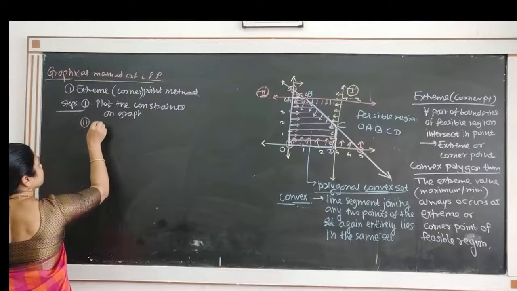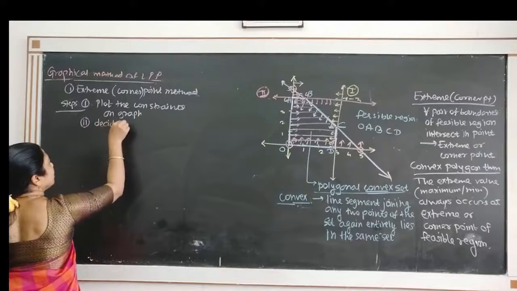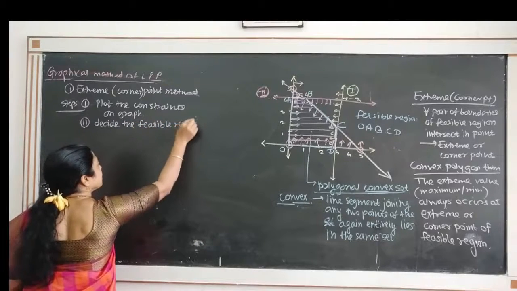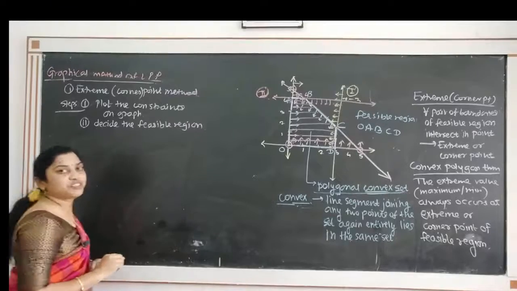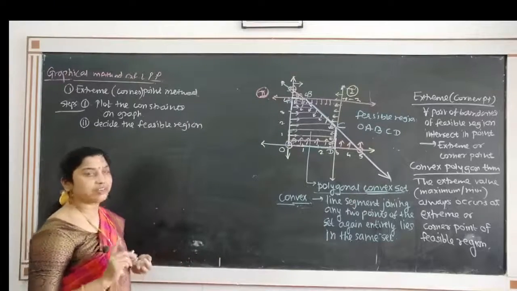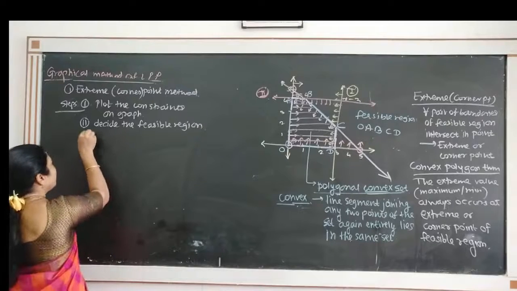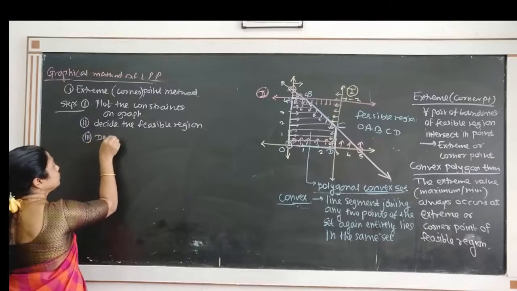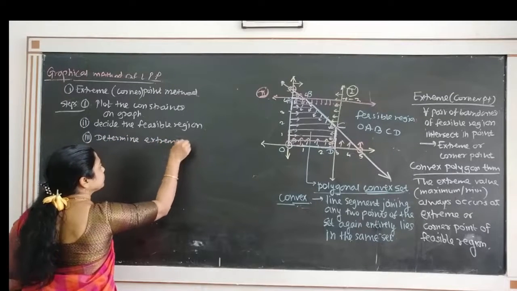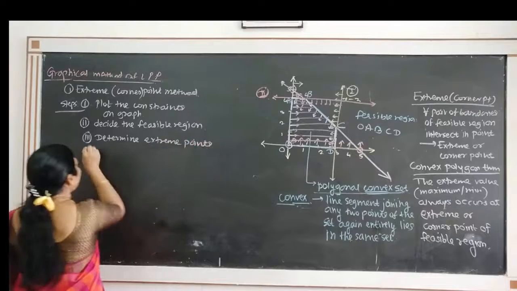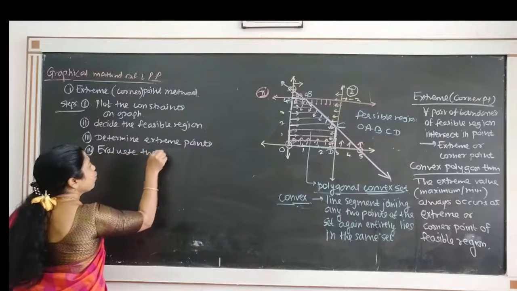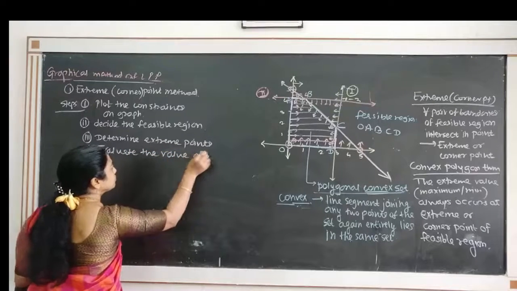The second step is to decide the feasible region. Feasible region means that region where all the constraints and the non-negativity conditions are satisfied. The third one is determine the extreme points. Fourth one is evaluate the value of the objective function